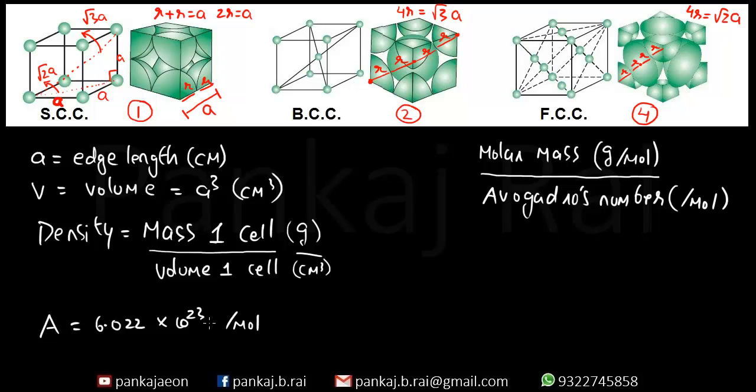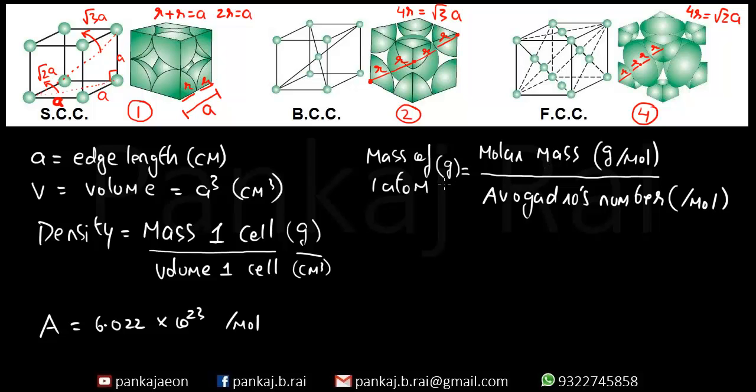Now here I am having the molar mass, that is the mass of 1 mole of element, which is having 6.022 into 10 raised to 23 atoms. So if I divide that molar mass by the number of atoms per mole, I would get the mass of one atom. So mass of one atom is molar mass divided by Avogadro's number. Molar mass would be in gram per mole and Avogadro number is per mole, so per mole will get cancelled and effectively you will have mass of one atom in grams.